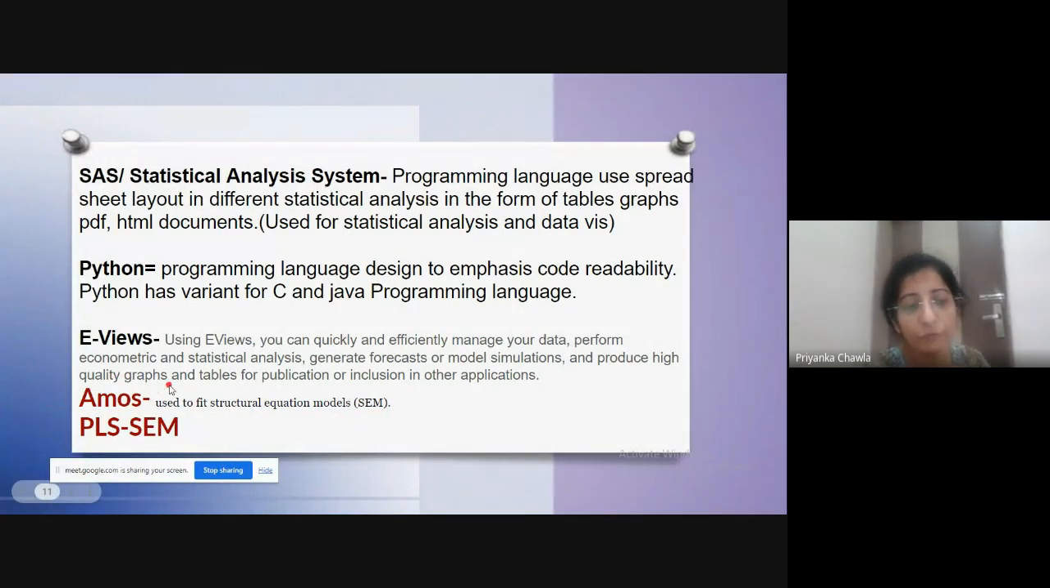Again, the new version of AMOS is PLS-SEM. In PLS-SEM, you can perform reflective as well as formative models. So it is an extension over AMOS. People these days are using PLS-SEM for CFA analysis and further path analysis and all. Then again, apart from PLS-SEM, we have some new software available like